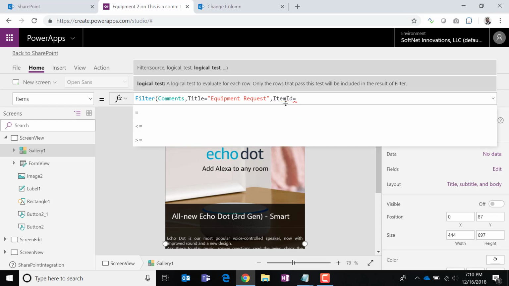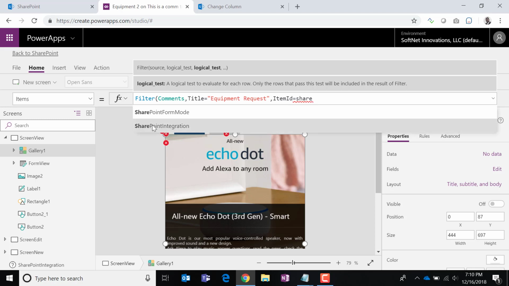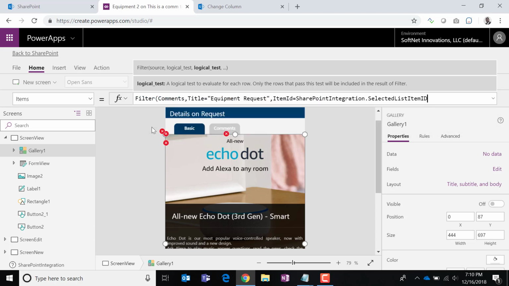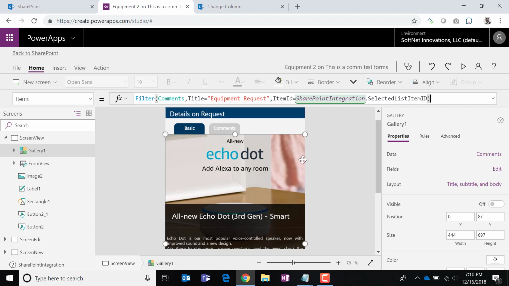specify these different fields dynamically based on the form request, right? So the item ID, I need the ID for this particular item in the equipment request field, and you can do that very easily by using the SharePoint integration dot selected list item ID. So that's the property that holds the current ID for the current item. And really that's it. So that's going to filter that out,